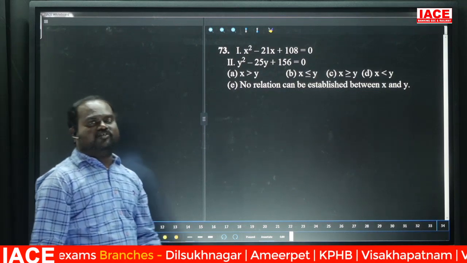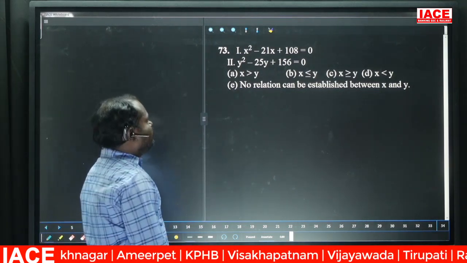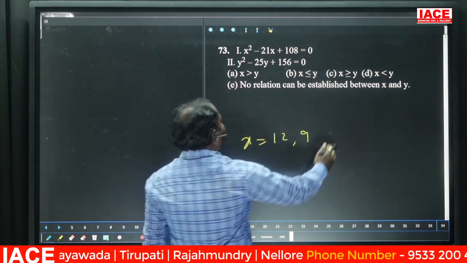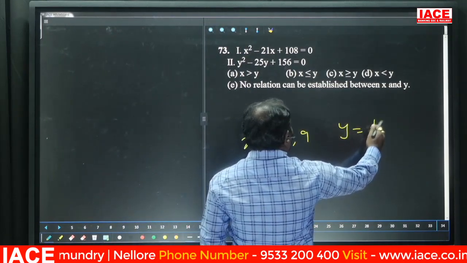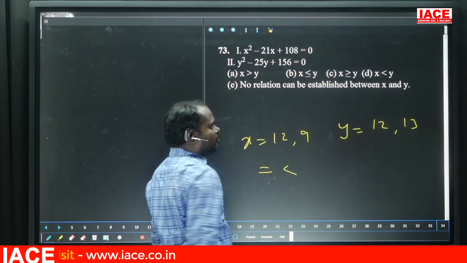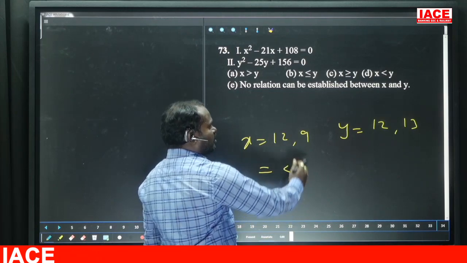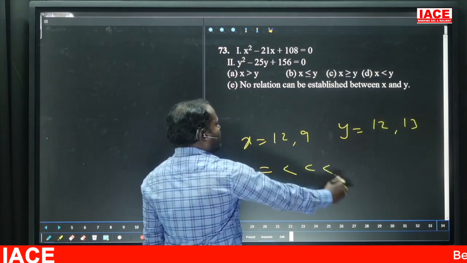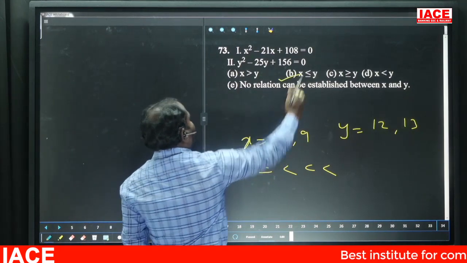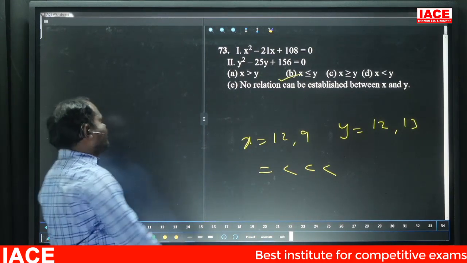108, 12 nines, minus 12, minus 9, 21, so x equals 12 and 9. 12 13s, so 12 and 13. 12 means equal and lesser. 9 is lesser. X is less than or equal to y. Option B, x less than or equal to y. Next,